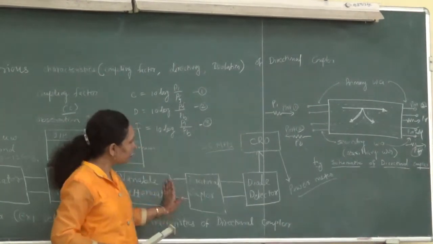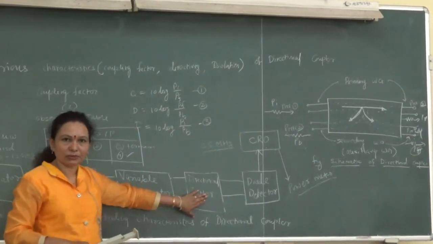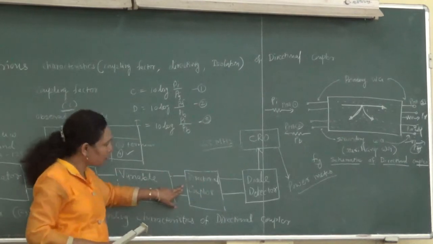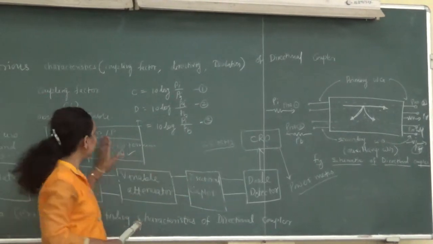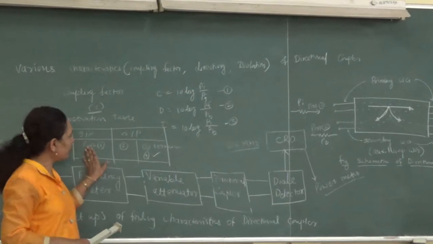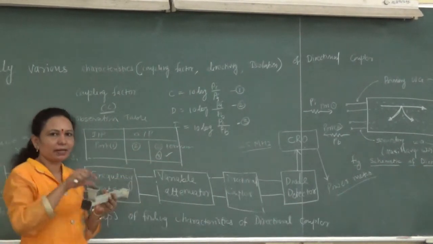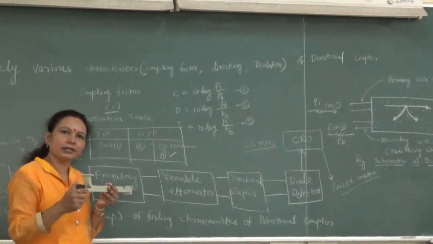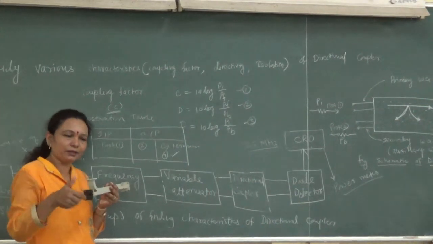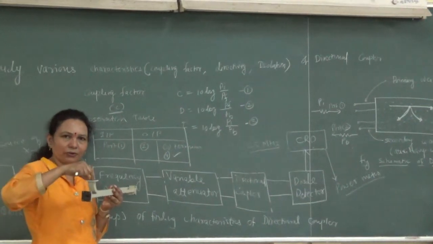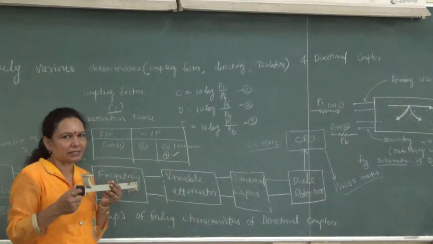Then after that, we connect the directional coupler, right? So the input is given to this. Now the input is known to you, that means this P1 is known to you. And then you do the rest of the thing. You terminate one point and connect the diode detector to some other point. Then do the vice versa. Connect the output to your diode detector here and connect the matched termination here.